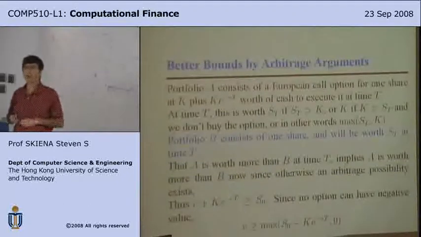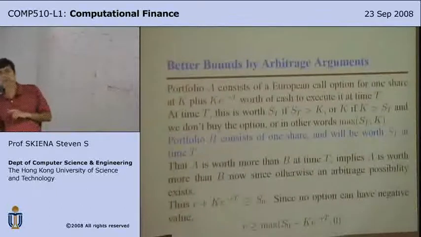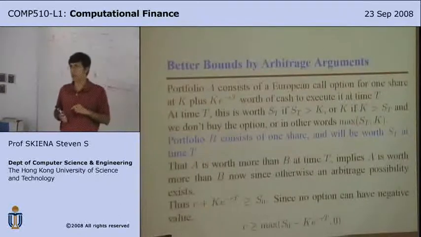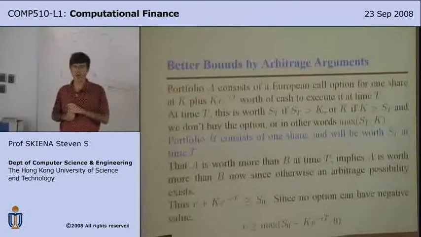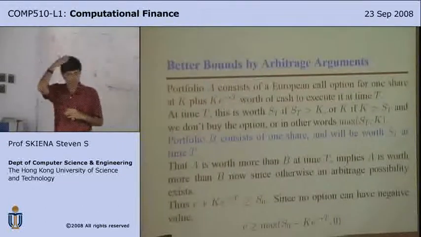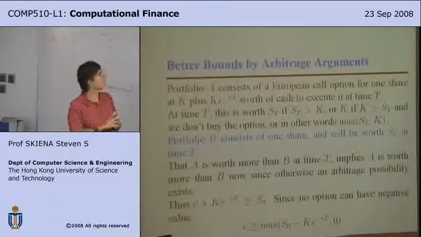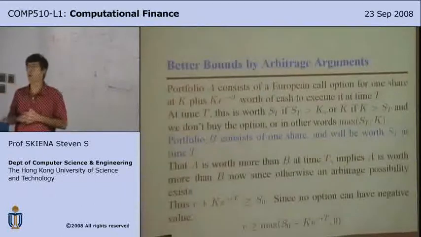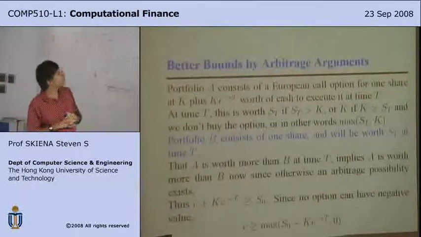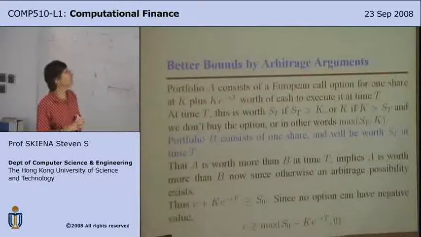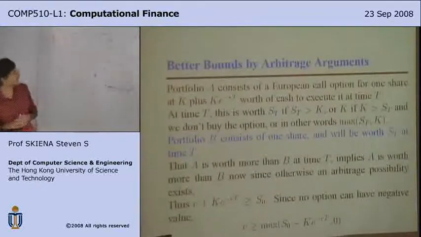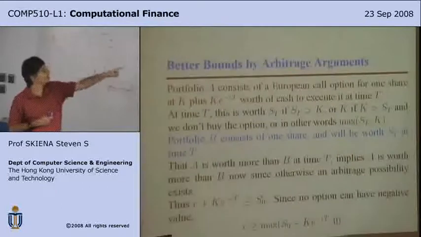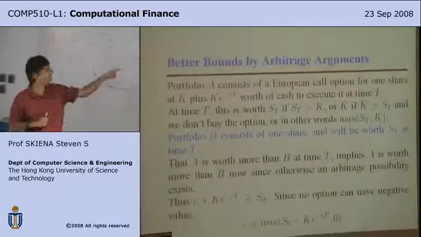Now, it turns out we can get tighter bounds as to what the values of calls and puts are using an arbitrage argument. And this is actually kind of a clever idea. Those other bounds were kind of trivial. Let's think about a world where there are two different portfolios. Let's figure out which one of these we want more. Portfolio A consists of a European call option. So I have the ability to buy it at price K. Plus, I have enough money in the bank. This is that discounted K, right?